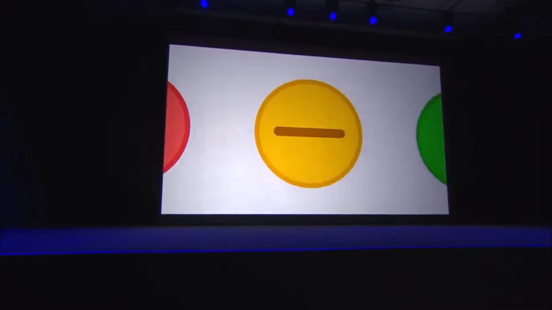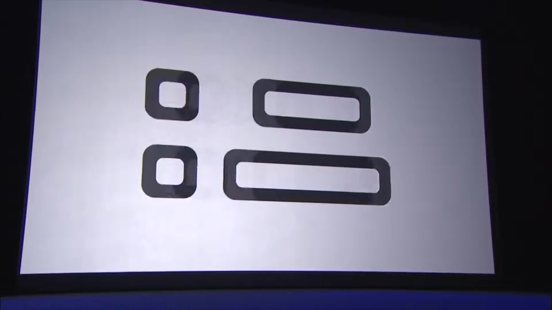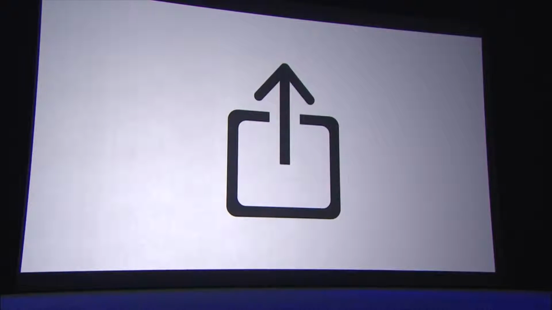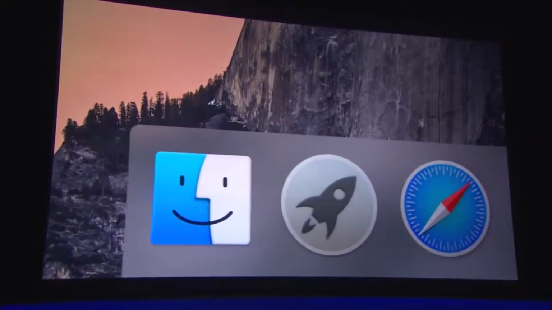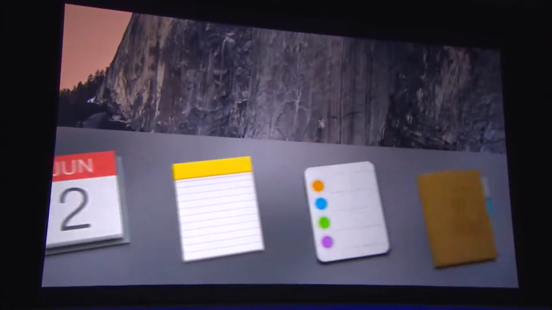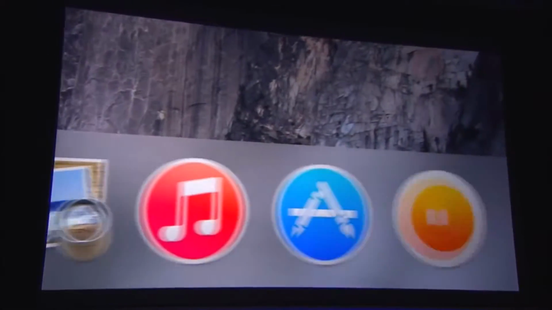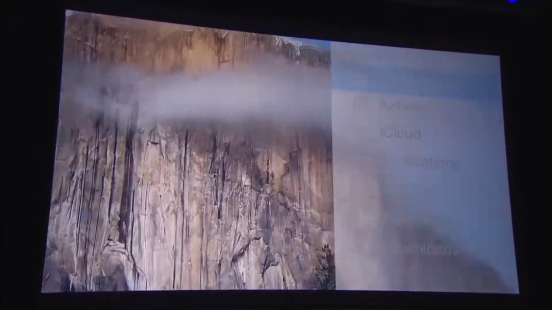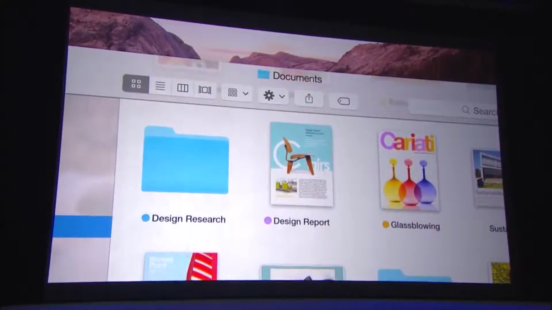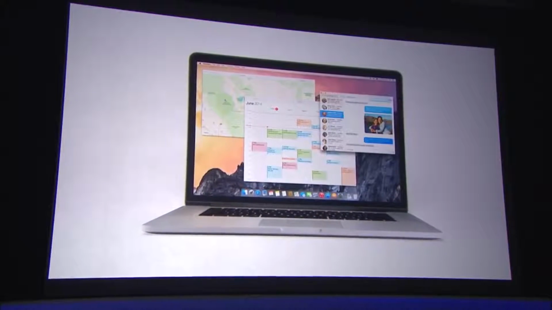OS X Yosemite, or I'll just refer to it as OS X 10.10 from this point on, is basically an iOS 7-ified version of OS X. It has the flatter look, with transparency all throughout, so you can see your desktop through things. Redesigned apps. They also made the toolbars, from the Finder window to the Safari windows, simpler to maximize the space for content, so that's very nice. They did a major overhaul to the look, same thing with the iOS 6 to iOS 7 change. They just kind of took Crayola crayons and colored over the thing. But they also added a bunch of really cool features as well.